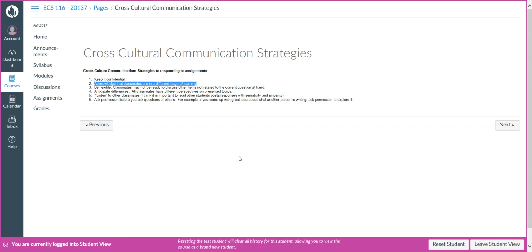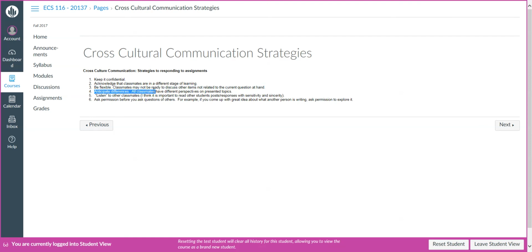So for some people, this is the first experience they've had at exploring diversity issues and cross-cultural communication. So just keep that in mind. Also, really important, number 3, be flexible. Classmates may not be ready to discuss some of the current issues at hand. They might prefer to be more of a bystander and participate based on the information in the textbook. So just be ready for that.